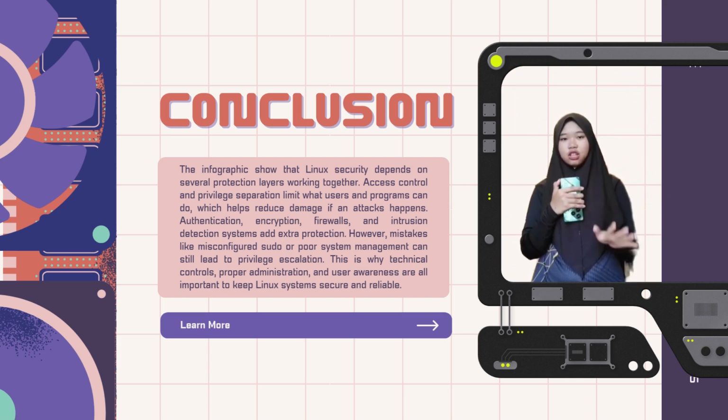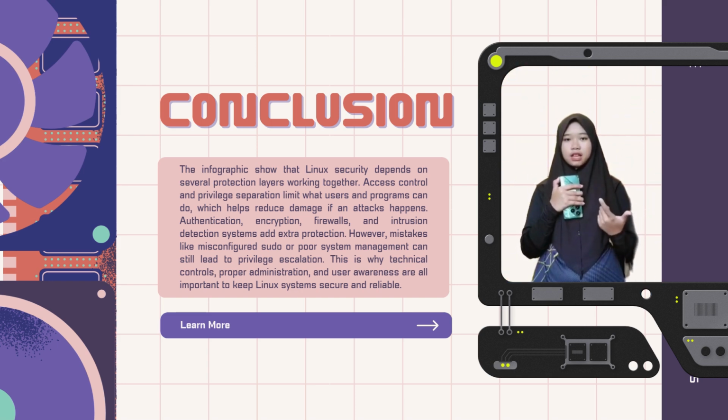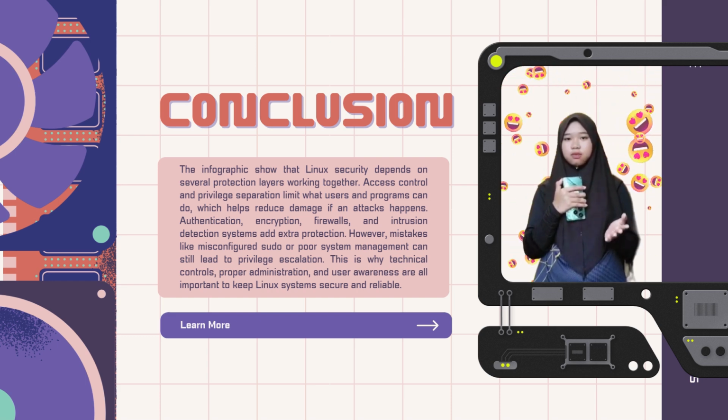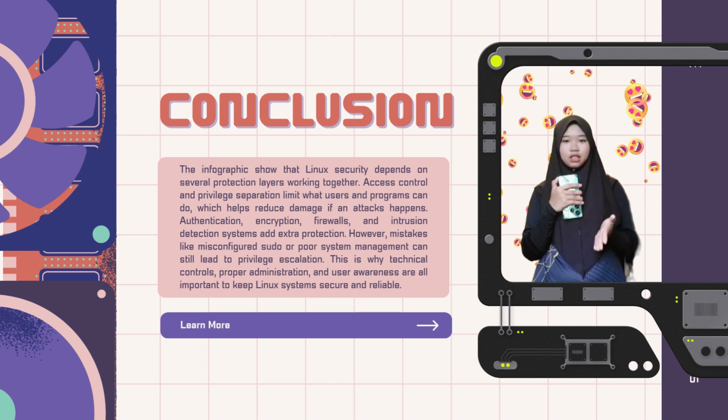Cryptography and strong authentication methods such as passwords, PKI, SSH key-based authentication, and two-factor authentication further strengthen system security by protecting identities and data. Firewalls, IDS, and IPS act as critical layers to monitor, detect, and prevent malicious network